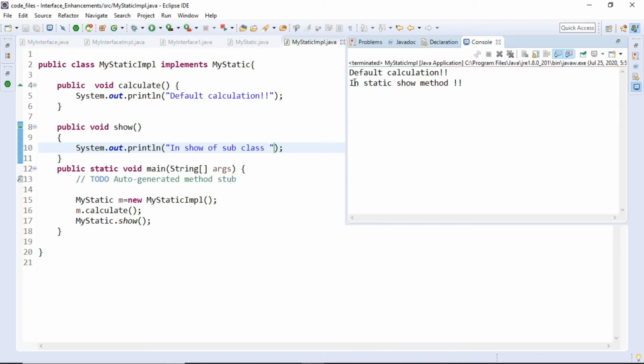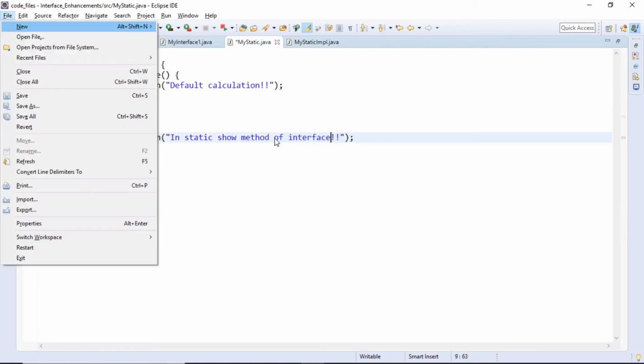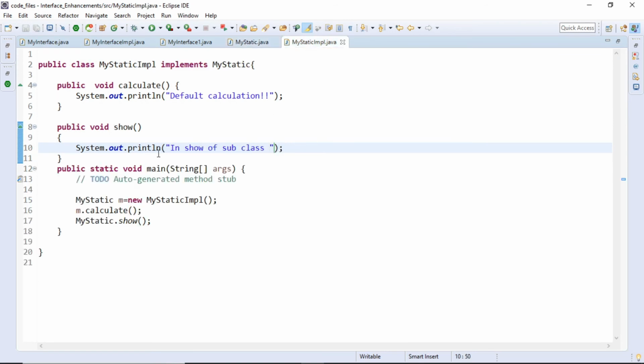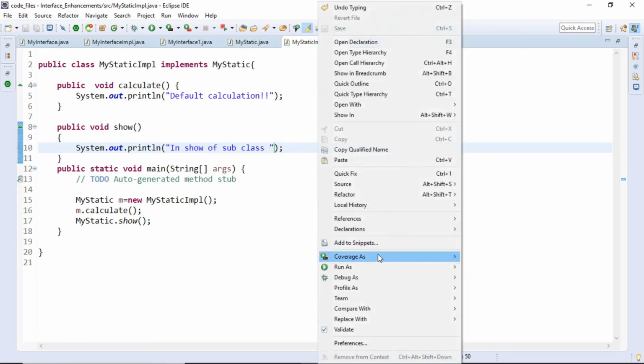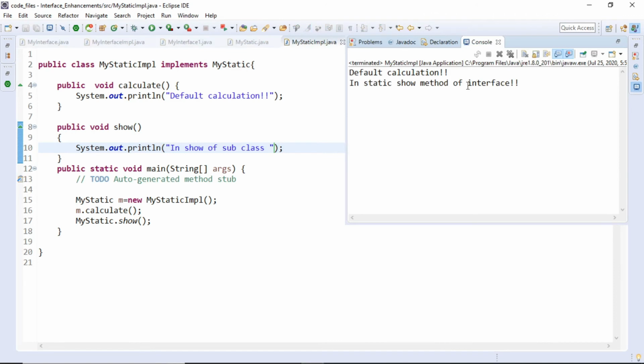So it is now telling me that this static method you are going to call from in static show method. So let me just go back here, and in static show method of interface, and this is my implementation class, and in show of subclass. That's fine. So if I execute this now, I'm more interested to check whether this show method is called from the interface or from the subclass. So this show method is called from the subclass.